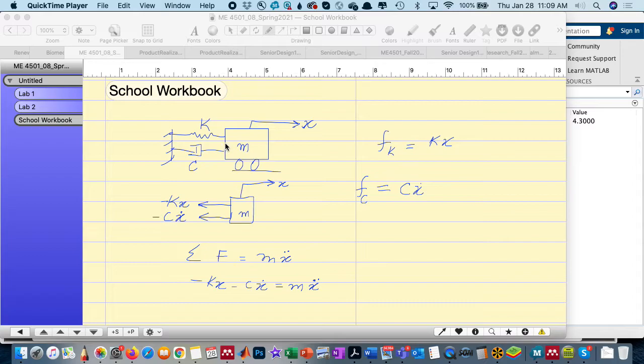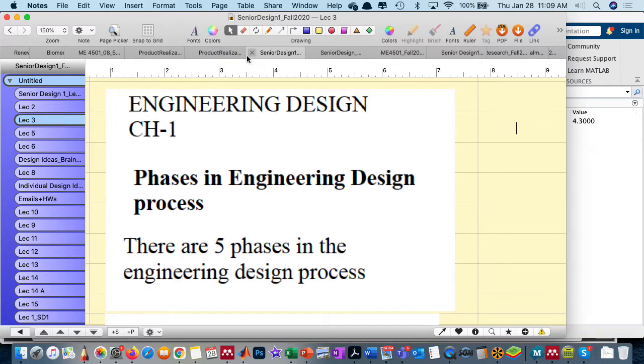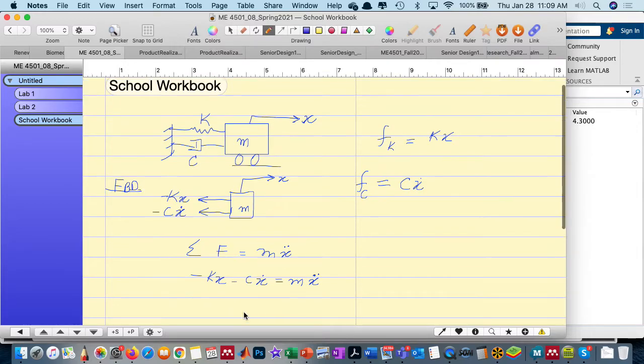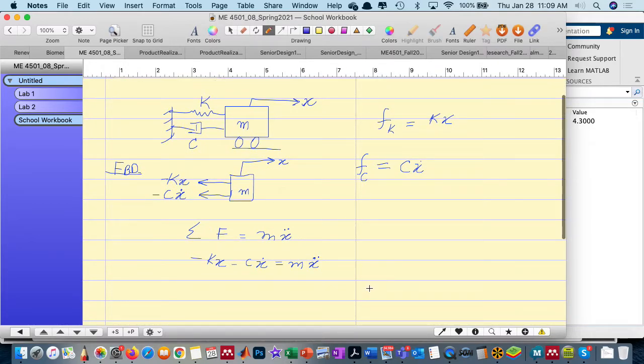This is our mass spring damper system, and I drew the free body diagram. This is our free body diagram, which is the diagram telling us the forces acting on the system, which is the mass. Right now you have to isolate the mass, and the coordinate is x, means this is moving with this coordinate